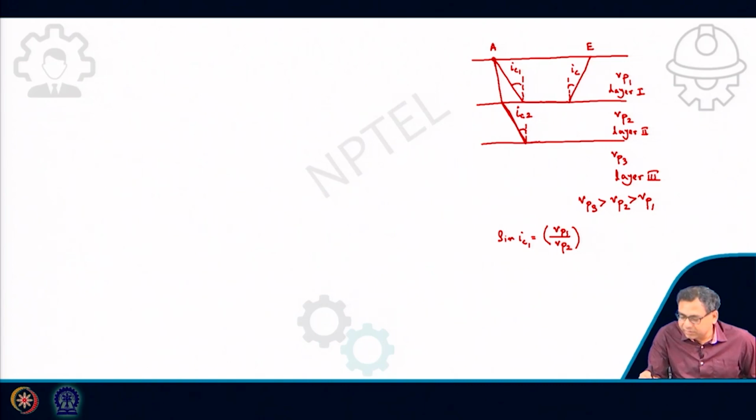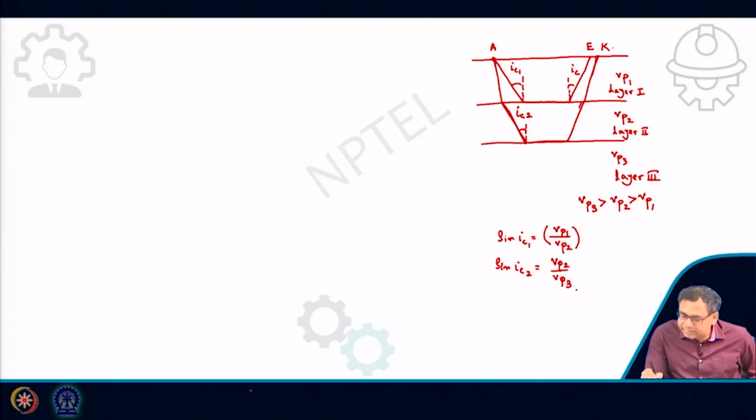Now, again it will refract like this, then again it will follow this path, and then finally it will go to another geophone, say K. Clear? So, now here sin IC2 is equal to VP2 by VP3,